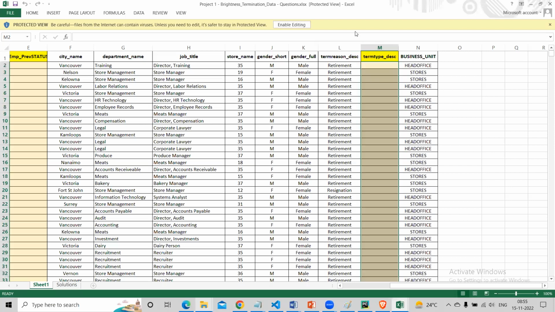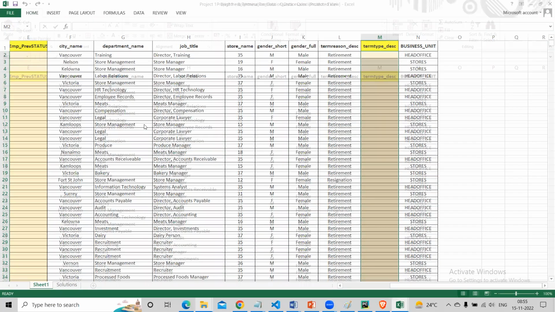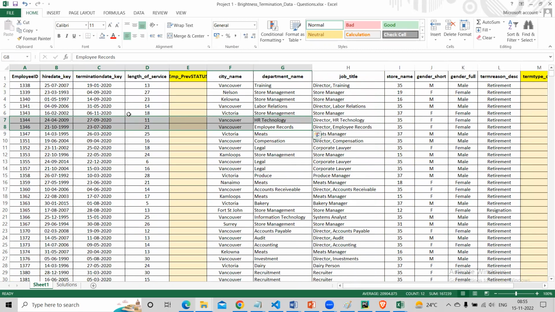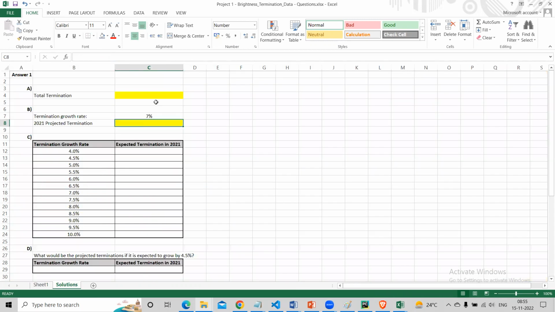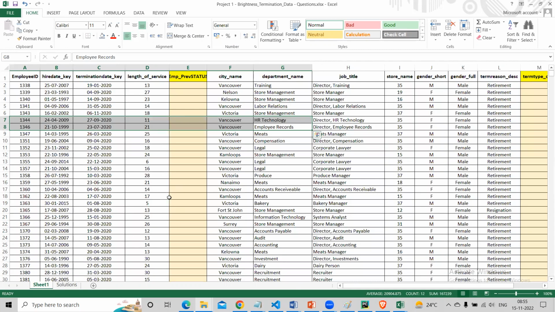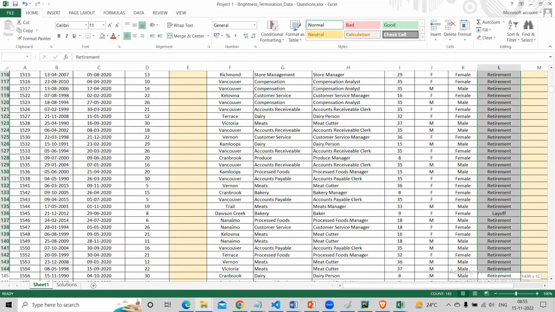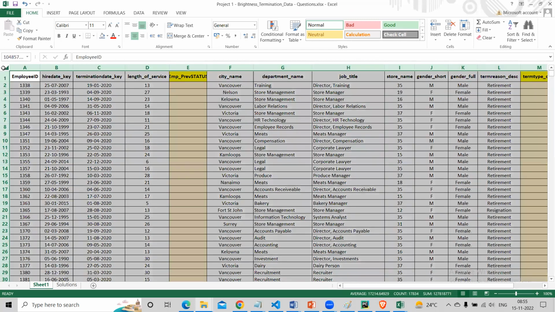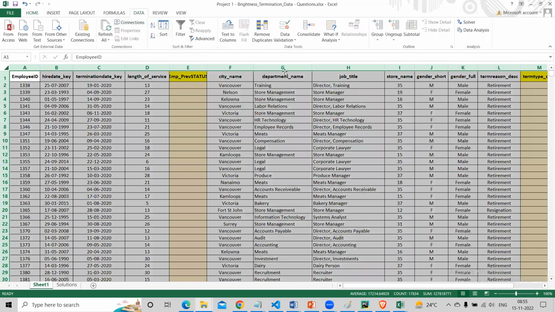Okay, this is the data set. So the question is, how many terminations, did you see here? Total termination. How do I calculate total termination? Each of these is a termination. Either they have been retired, or you can create a filter on this and you can see the unique values. So I'm going to say data and